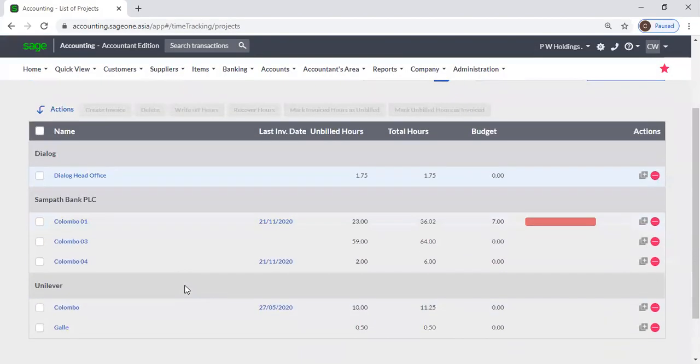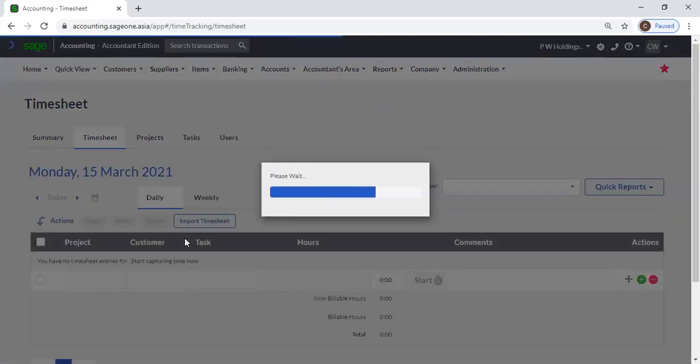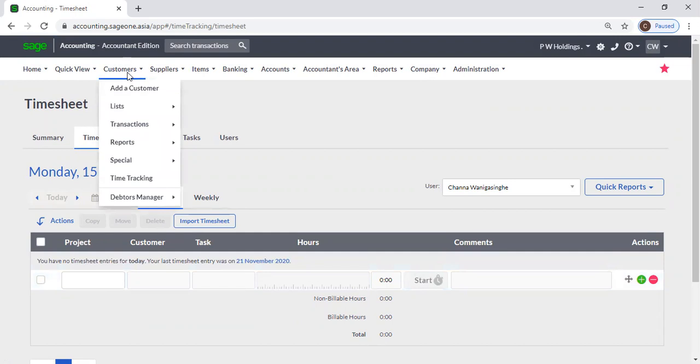For an example, if you take Sampath Bank, that bank has different branches, and you can create those branches, and you can enter timesheet. You can select that branch and number of hours that security officers work,